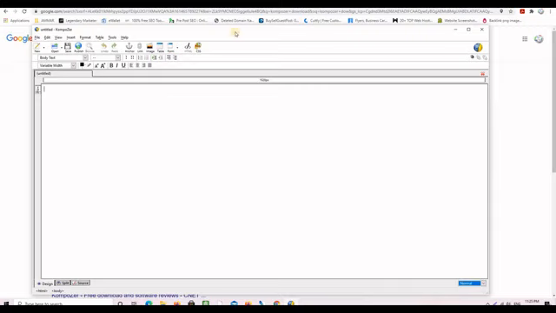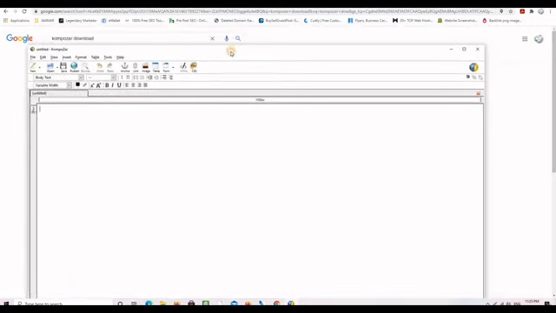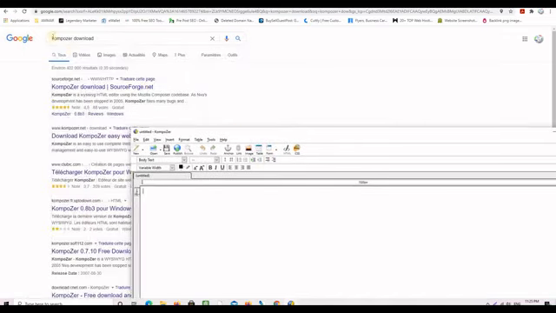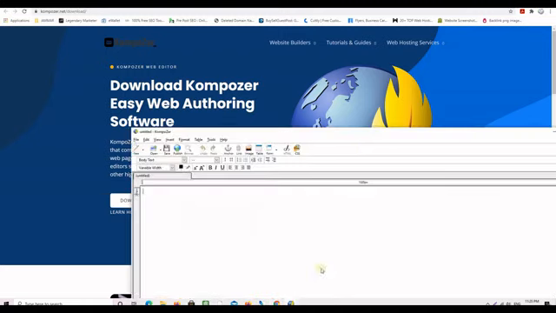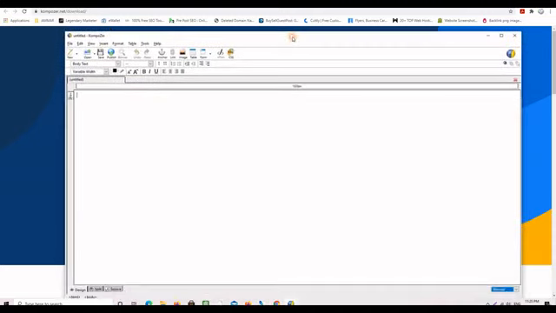So this is a free HTML editor application that you can download for free anytime you want. All you have to do is type Composer, download on Google search, Composer with a K and with a Z, download, and you will see this website called composer.net, and when you open it you will see something like this, and you'll be able to download this free HTML editor, which is great, by the way, because you have like